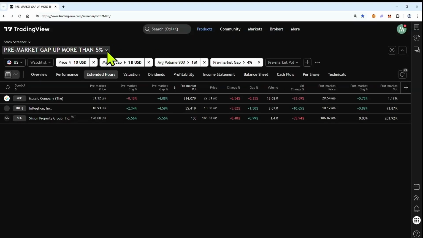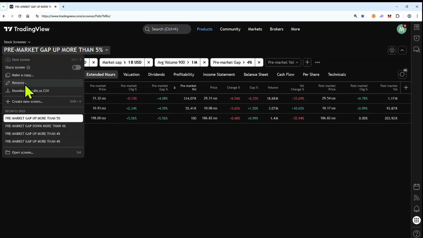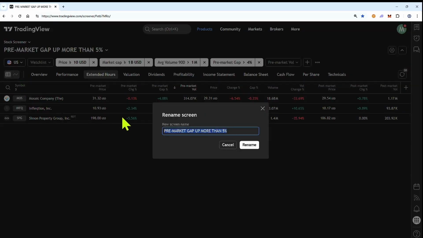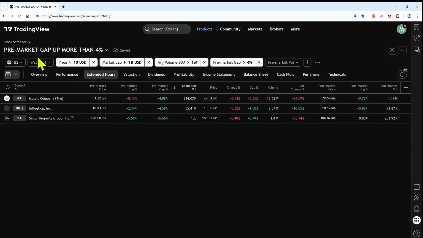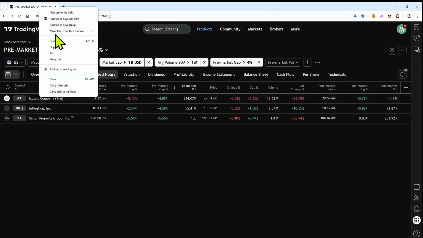So if you click on here and you want to rename, you want to rename it something like pre-market gap up more than 4%. Once you do that, rename it, pre-market gap up more than 4%. So you can add that to your toolbar. So when you turn your computer off, you just click on it and this will appear. And what I normally do, if you just duplicate this,